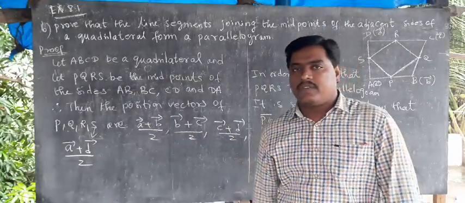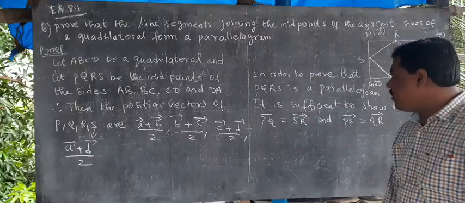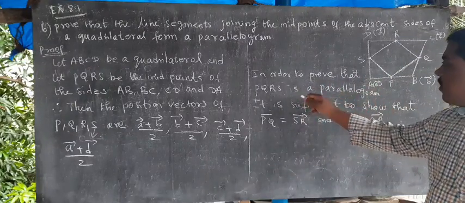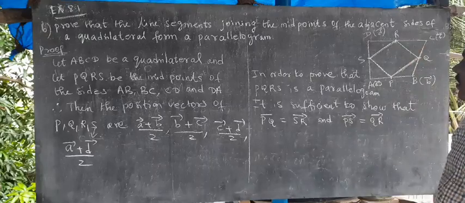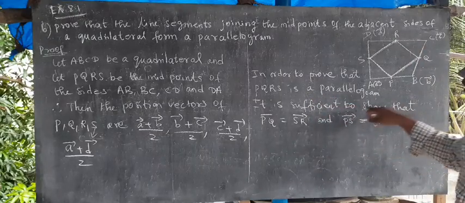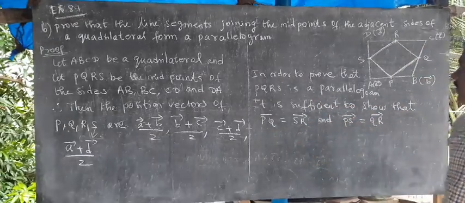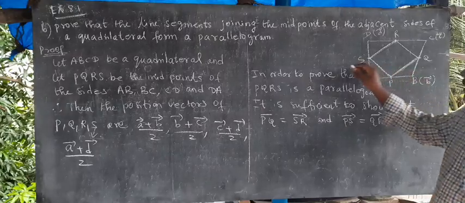We join the midpoints and we are getting a parallelogram. So, to prove that PQRS is a parallelogram, it is sufficient to prove that PQ vector equals SR vector, because in a parallelogram,